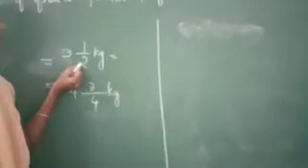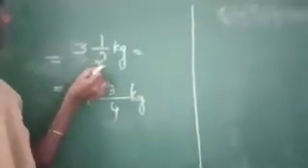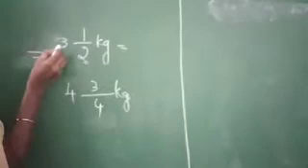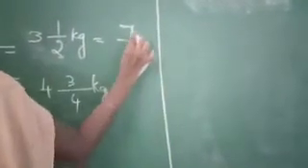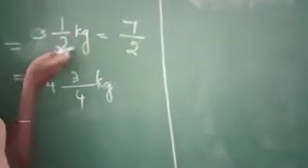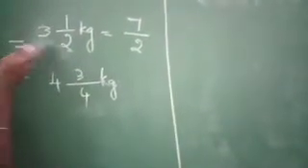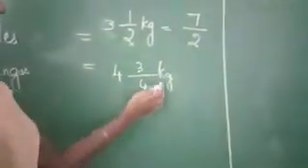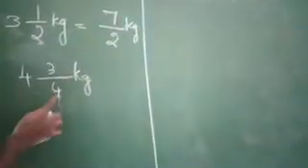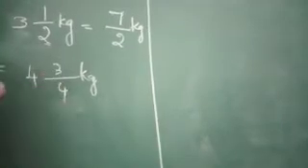See here, first you multiply the denominator 2 with 3. 2 3s are 6 and then add 1. So 6 plus 1 is 7. So 7 by, and you put the denominator as it is, so 7/2. Suppose if you have a doubt, if you divide and convert it into a mixed fraction, you get this mixed fraction. Now you again convert the oranges from the mixed fraction into an improper fraction. See here, 4 4s are 16, 16 plus 3 is 19. So 19/4 kilograms.